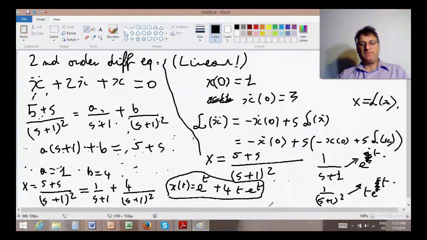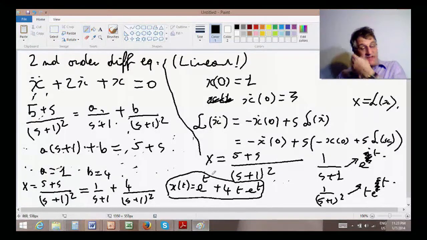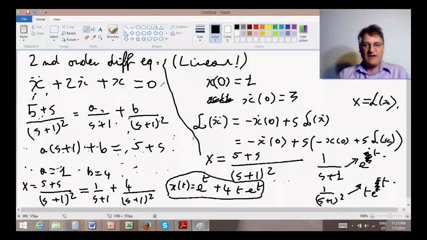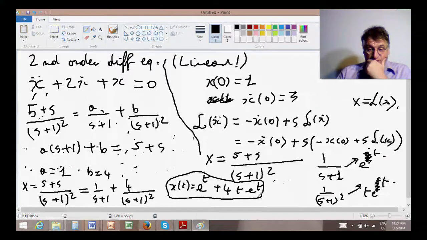All right? So, yet another case where we can very easily solve the differential equation using only the Laplace transform. Now, what we will see is that there are tons of these things that we can do. Okay, it's endless. And I just want to show you some more stuff